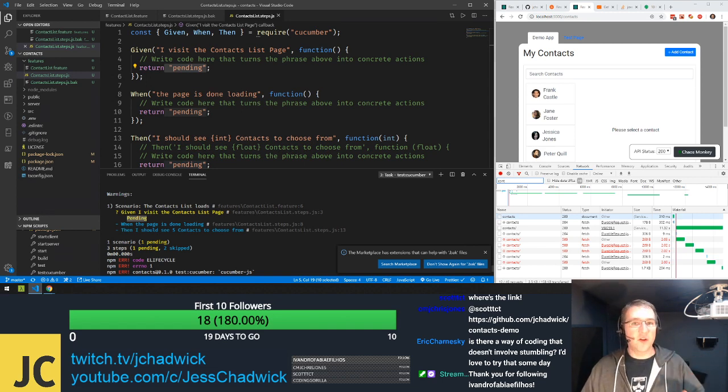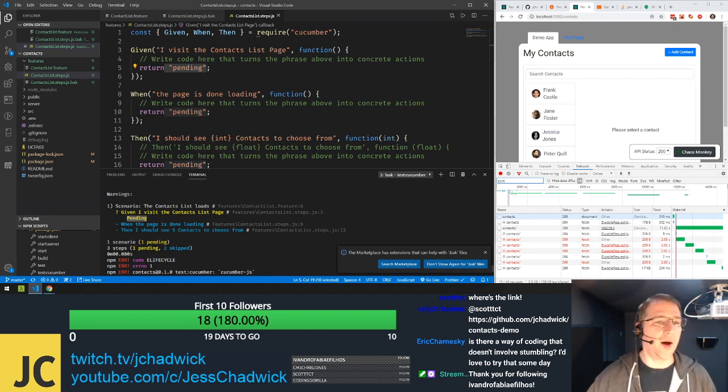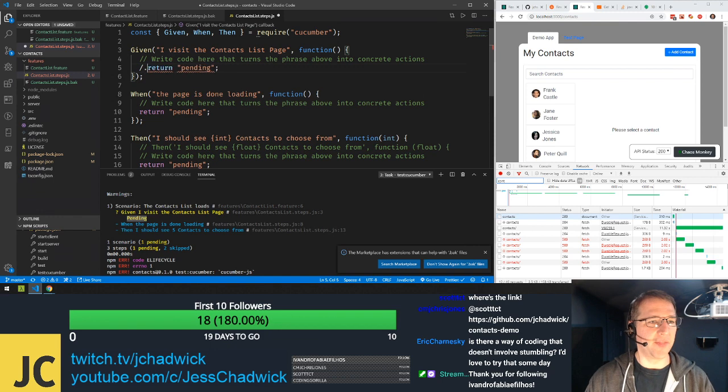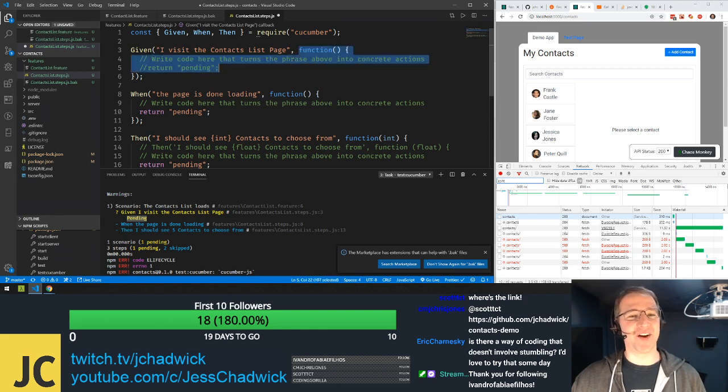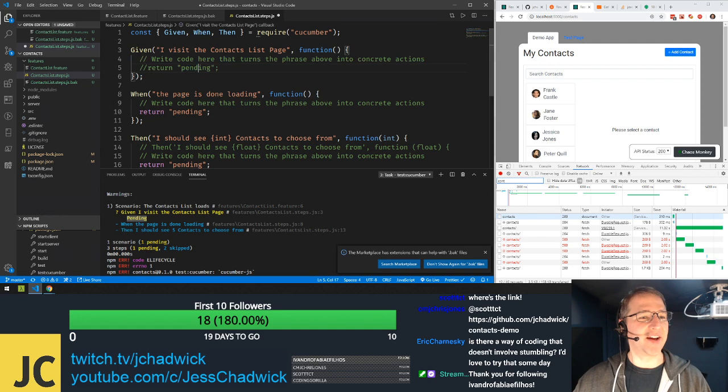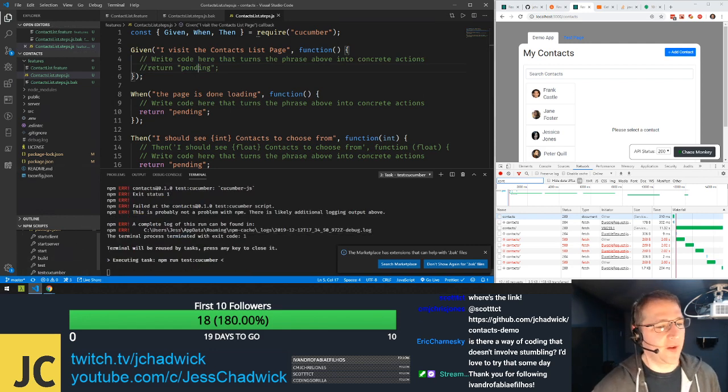I can go and I can look at all of these tasks or all of these requirements that are pending, and they're all my to-do list. They're stuff for me to implement, tests for me to implement, right? And so then if I go and I comment this out, let's say I implement this somehow, and I'll implement it by just doing nothing. A successful call of this function, or rather one that doesn't fail, is considered success. So if I just comment that out and that succeeds and I run it again,